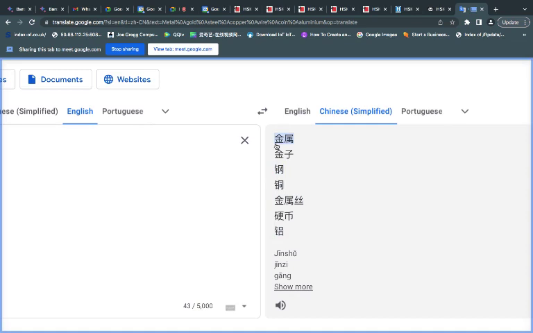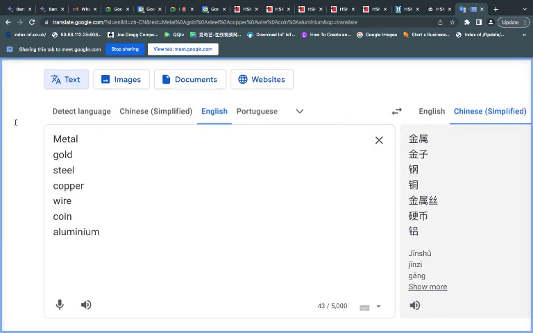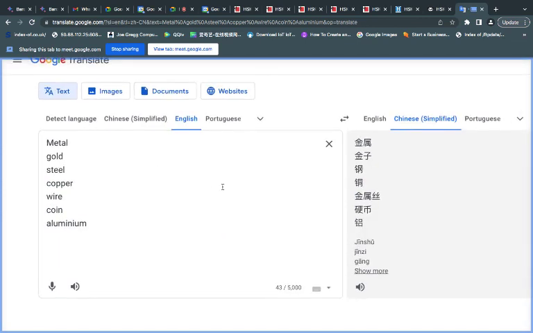This is the fullest form of it, but it can be used to refer to different things. Like here we had gold, we had steel, we had copper, and you see it's being used differently. Aluminum, it's also there. So these are what we call radicals, Chinese radicals, which are like building blocks. Everything that has to do with metal, even if you don't know what the word is, you notice it has something to do with metal because you recognize the radical. You get it?